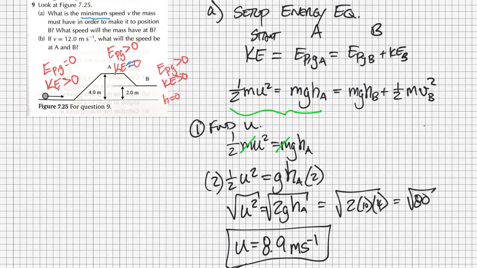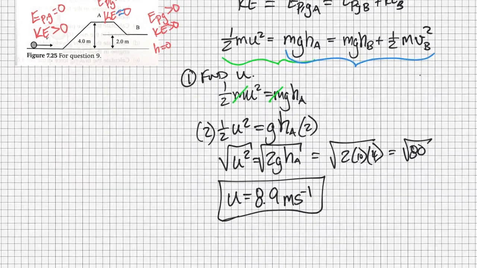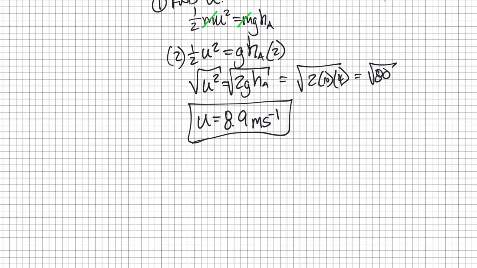And so we can again, for the second part, I'm going to take this part. We know G, we know H, and we don't know V. I'm going to take this part because let's just imagine maybe we got this answer wrong. We can still take this second part. So now with this, what I'm going to do is